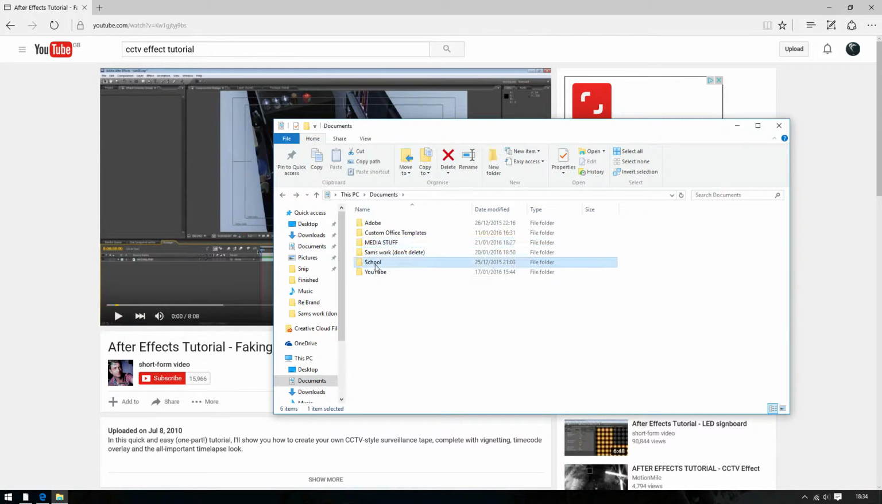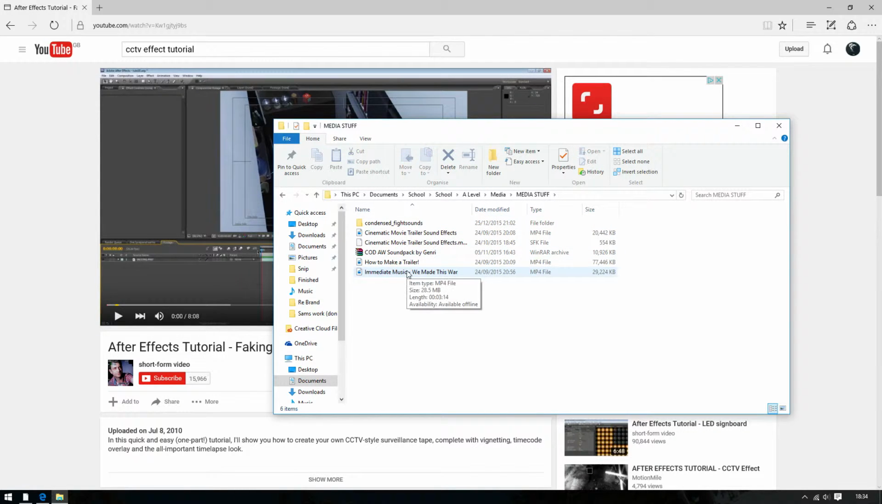to MP3. And in my media stuff folders, I ended up with this called Immediate Music, We Made This War. It perfectly suits the genre because it has a slow and low build up, it gets to a climax and then it drops, and all action occurs during this period of time. It's sort of like the breaking point. I think it's perfect, and I think it does help tell the story and increase the tension and atmosphere of that scene in particular. So that's the background music that I used in my opening sequence, and then I decided